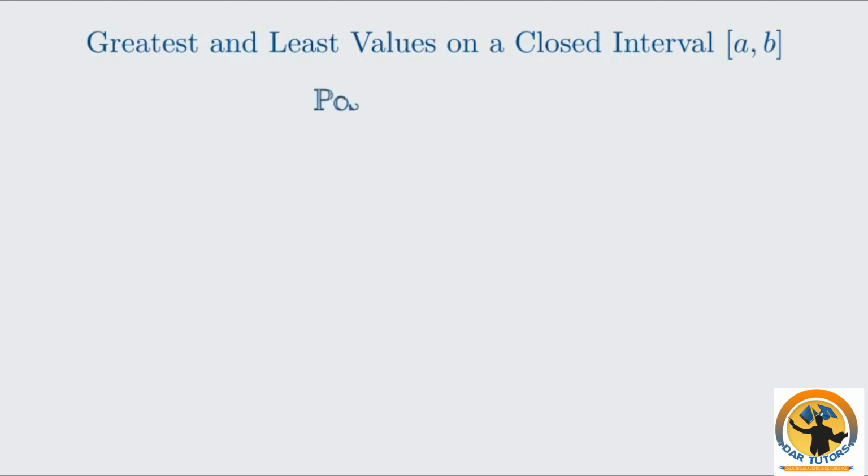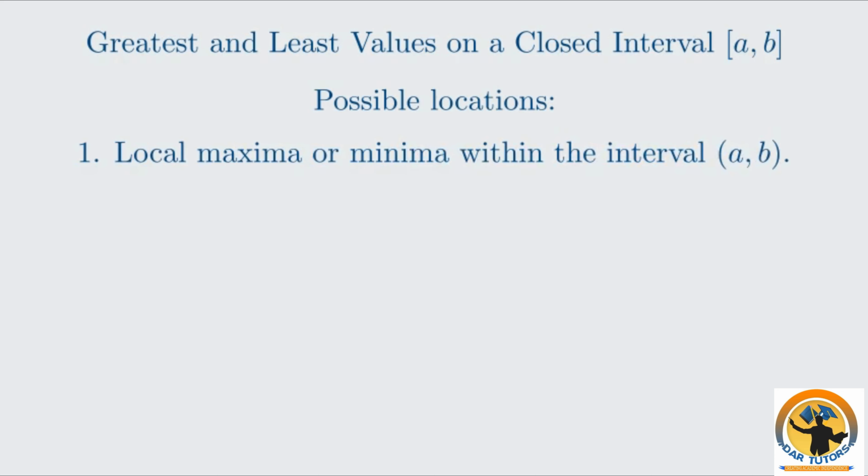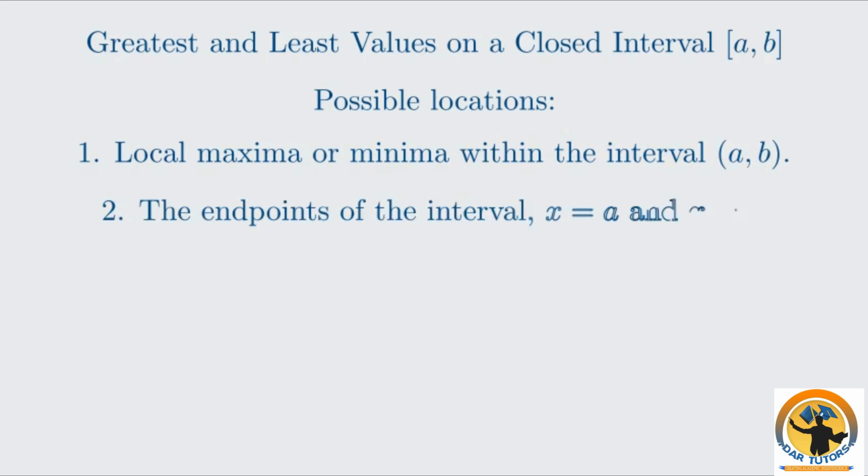Sometimes, we are asked to find the greatest and least values of a function on a closed interval. This is a slightly different problem. The greatest and least values, also known as the global maximum and global minimum, can occur at two types of points: either at a local maximum or minimum within the interval, or at one of the endpoints of the interval. Therefore, our strategy is to find all these candidate points, calculate the function's value at each of them, and